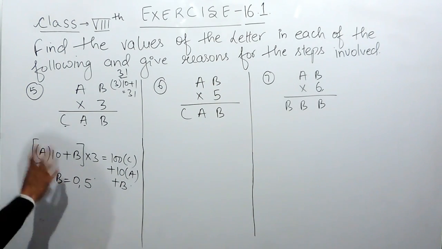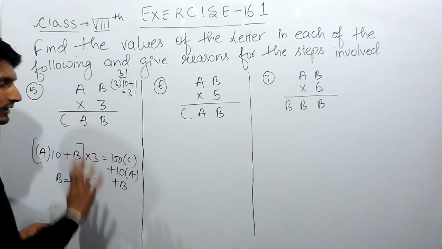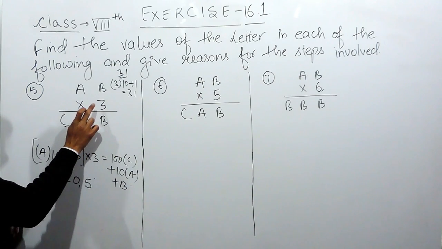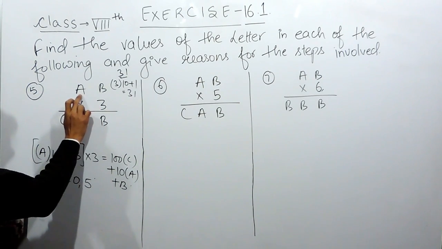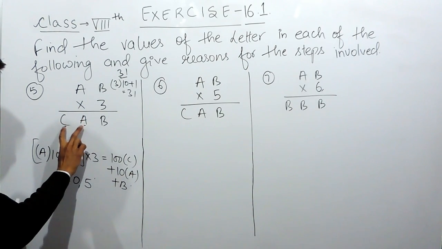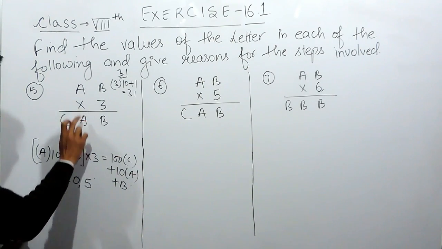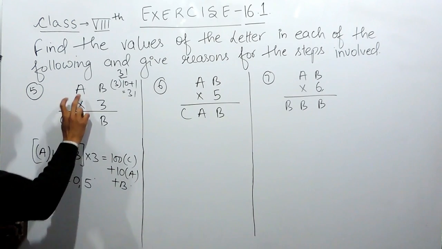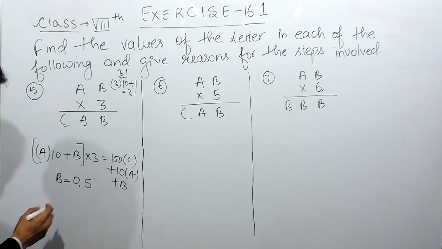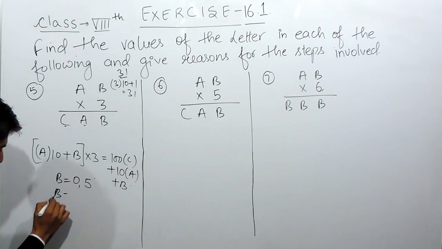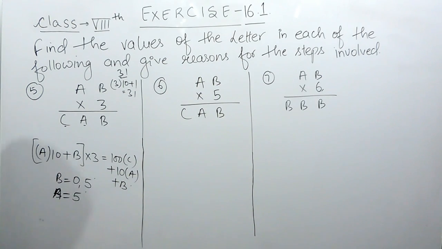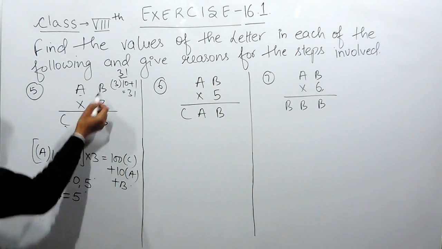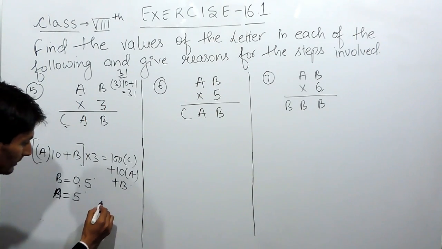Now, supposing the value of B as 0 here, 3 into 0 will become 0. Now you have to think that 3 multiplied by another digit will give a 2-digit number. So in that case, this cannot be 0. This must be 5, so 3 multiplied by 5 will give 15. So the value of A cannot be 0. That should be 5. In that case only, when we multiply this digit by 3, it gives a 2-digit number. So in actual, the value of A must be 5.